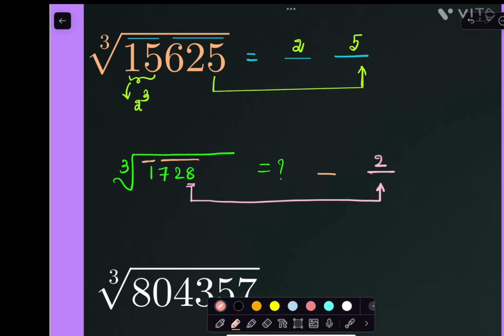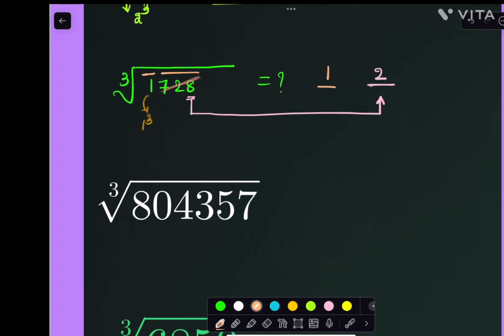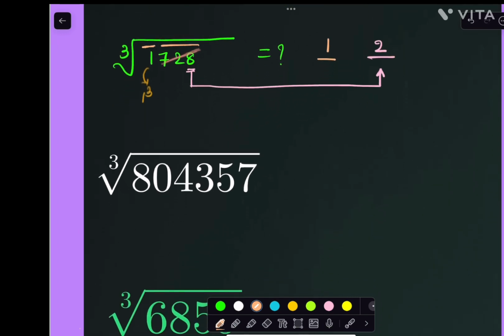Now because of this unit digit calculation, the numbers which are under the first bar are already cancelled out. That is the meaning of it, right? Now 1 is there. So tell me the cube of a number which is very closer to 1 and less than or equal to 1. I can write 1 cube only. Now cube root of 1 cube is equal to how much? We'll get 1 only. Your result is what? 12 only. And cube root of 1728 equals how much? We'll get 12 only. In that way we can calculate.